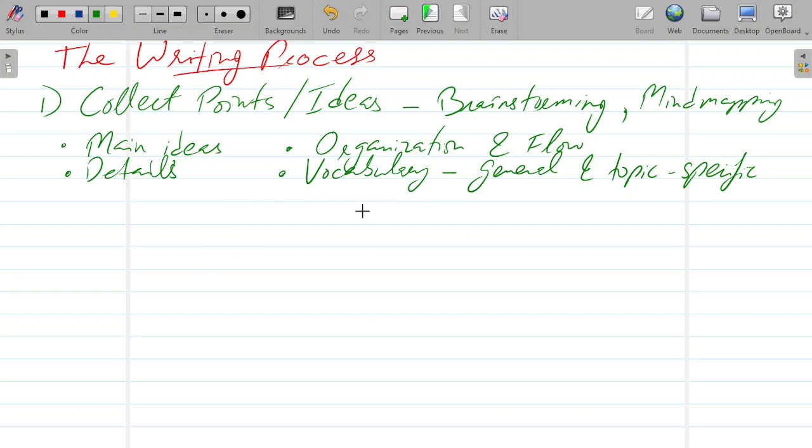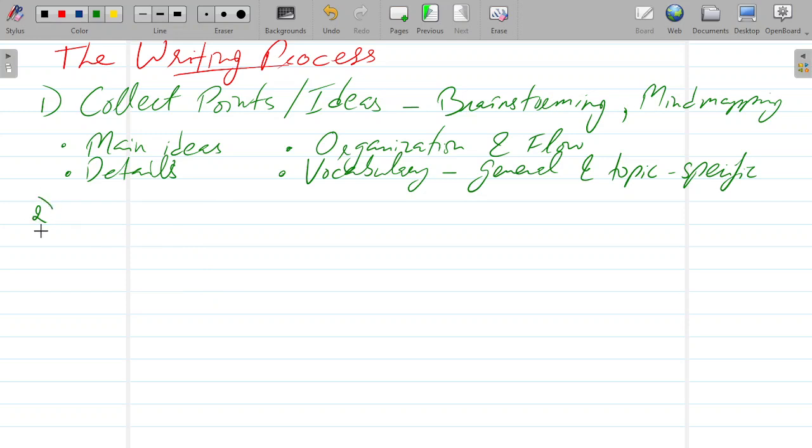If it comes to descriptive writing, for example, you want to think about adjectives and adverbs and other descriptive vocabulary that you would want to use, to describe what you were experiencing with your senses. So you want to think about all of that. You want to put that into a structure. You want to think about which point comes first, which comes later, and so on. So that is the first step.